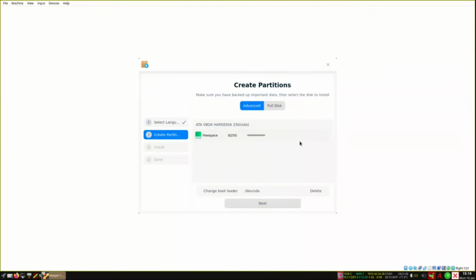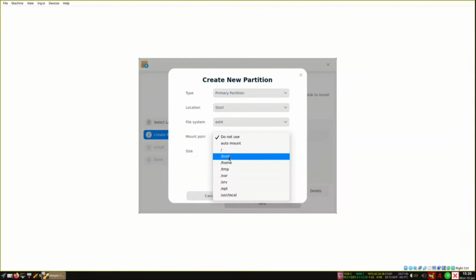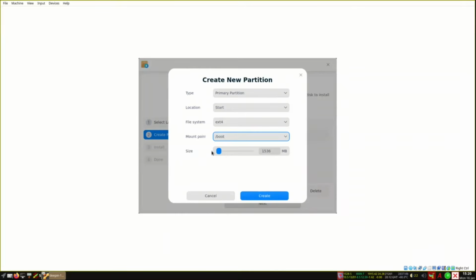So let's go for advanced, and here we have the free space. As I click, and I click also here, and you start primary partition, start ext4, and the mount point. So first let us start with the /boot. It should have a /boot. The minimum size is 1.5 GB, which is too much. We need around 500, but they have this minimum we cannot change. Let me see if we can change it from here. Can we change it? I don't know if we can change it. I don't think we can change this one. So it will remain as 1.5 GB. So we've created the first one for the boot.